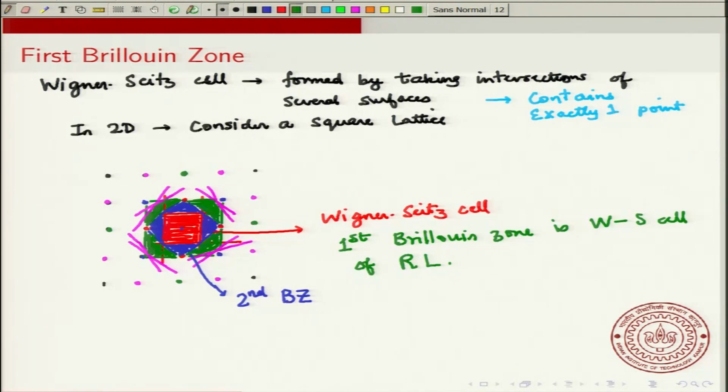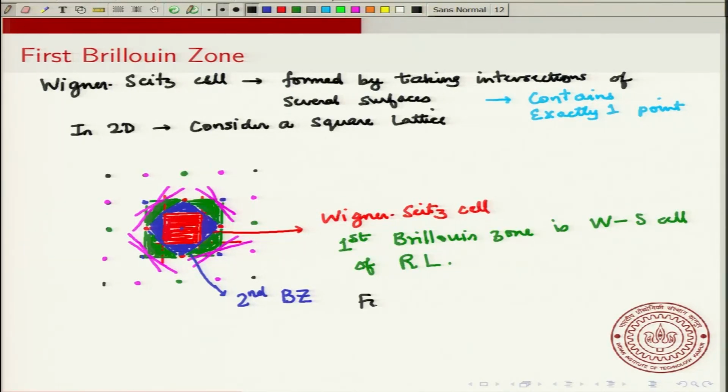Okay, I am just showing the construction. You should actually try this yourself and identify each of the Brillouin zones. So the first Brillouin zone in a 1D lattice was just a region from minus pi by a to plus pi by a. But in 2D, for a square lattice, it is a square region. Okay. Now, the Wigner Seitz cell of